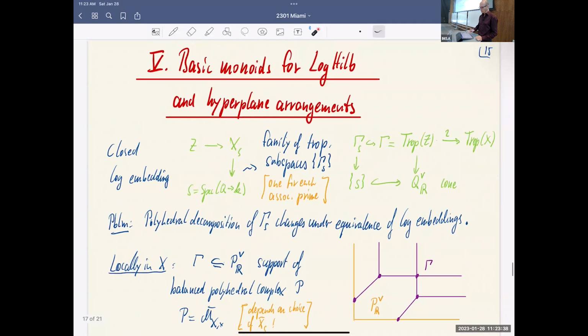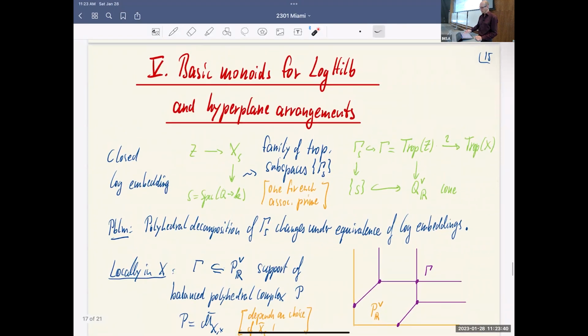So similar to what I told you on the previous slide for log homomorphism theory, when you have a closed log embedding, you get this kind of diagram, right? And you can tropicalize, and you get a family of tropical subspaces. That is actually, honestly, a cone complex, okay? Over this